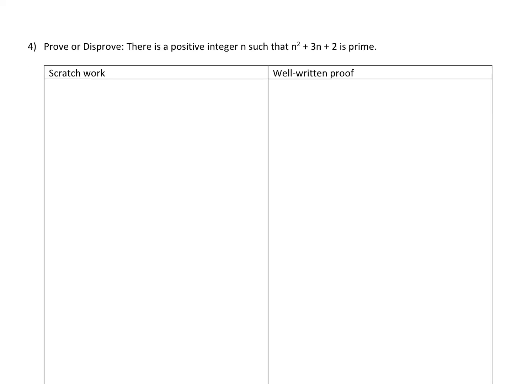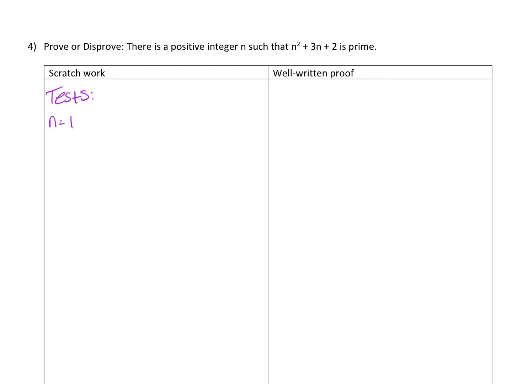Another example: prove or disprove that there is a positive integer n such that n squared plus 3n plus 2 is prime. Because it's a prove or disprove, we should start by testing with a few numbers, right? To convince ourselves, do we think it's true or do we think it's not true? Which one should we go for, prove or disprove? So I'll choose some n's. So I'm going to do some tests. Let's have